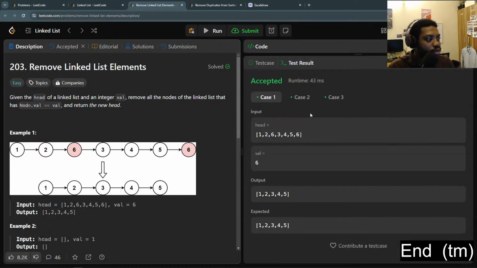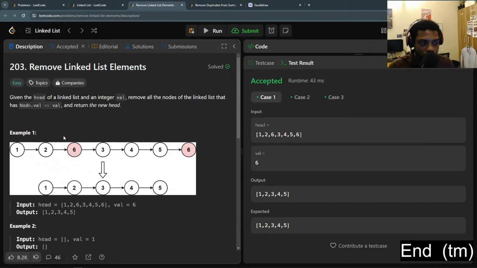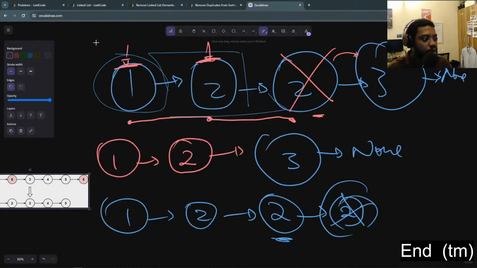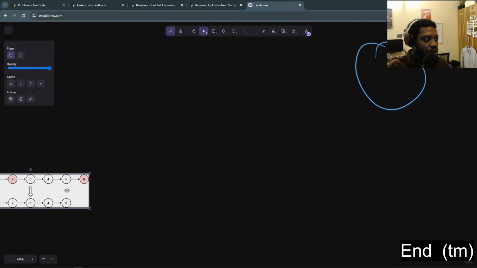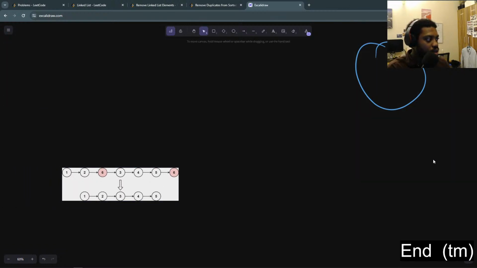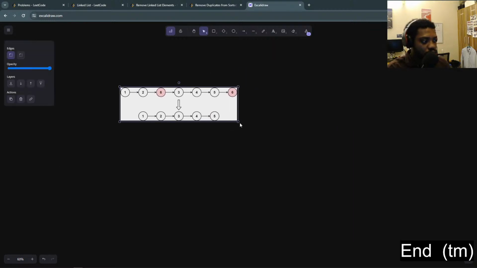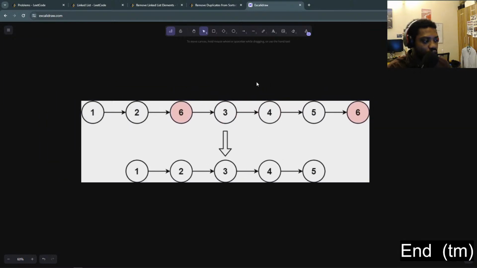Alright, so let's see what we can do here. For us to be able to delete a particular value from our linked list, let me bring this here to be able to explain that properly. So I'll come back here, I'll remove everything we have here. Now here's our linked list. Okay, so this is a linked list, and we're told to remove every